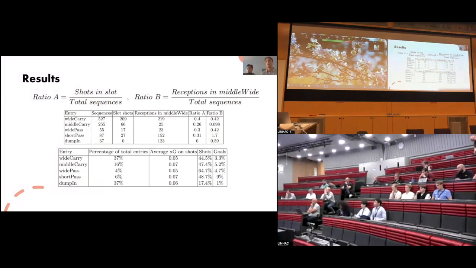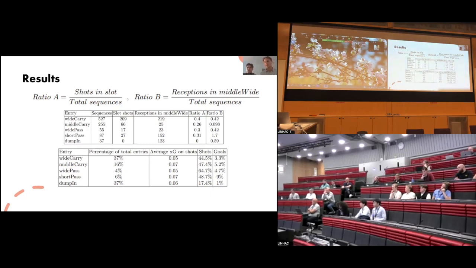What we could see for shots in the slot is that it happens most in the wide carry entry, but just slightly more than in the other entries. But the biggest difference that we found was for receptions in the middle wide zone, which happened a lot more frequently in the short pass entry type than for all the others. It happened 1.7 times for the short pass entry, and only 0.59 on average for the second highest, which was